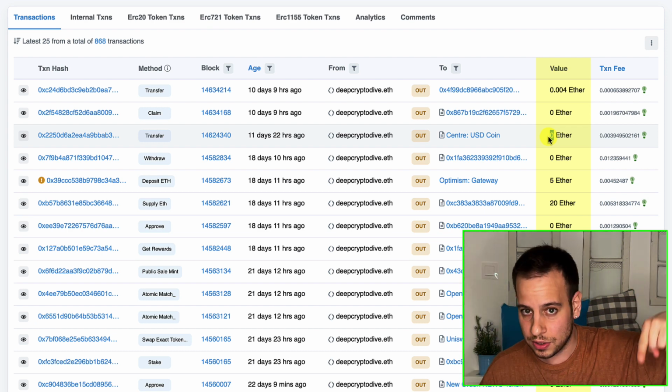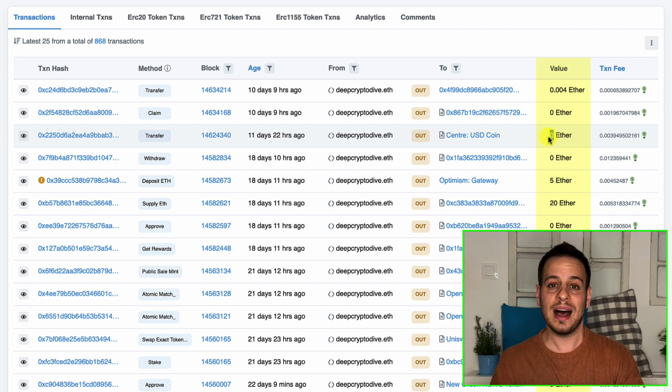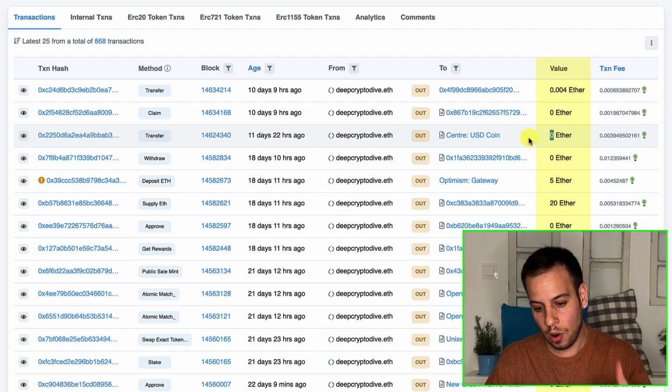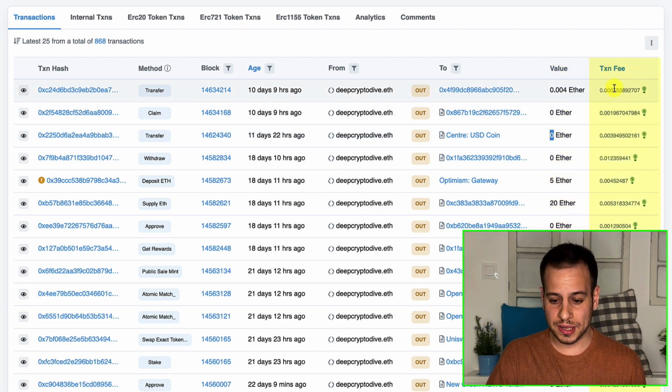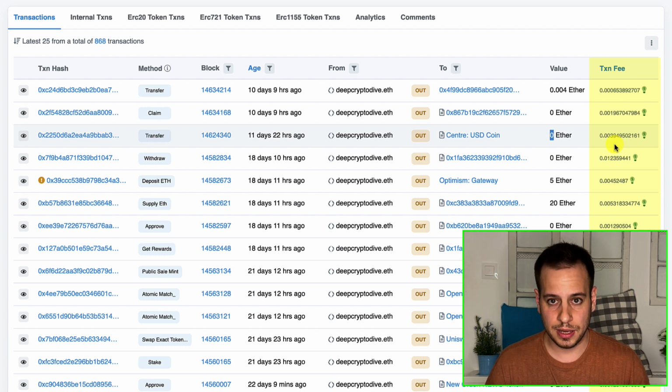But if you get into the transaction, you can see that it actually transferred an ERC20 token, in that case USDC. We'll see it in a moment. But before we get into this, let's see the transaction fee. If you see over here, you can also see the transaction fee in Ether that this wallet paid for each transaction. So this is very interesting. This is where you can see